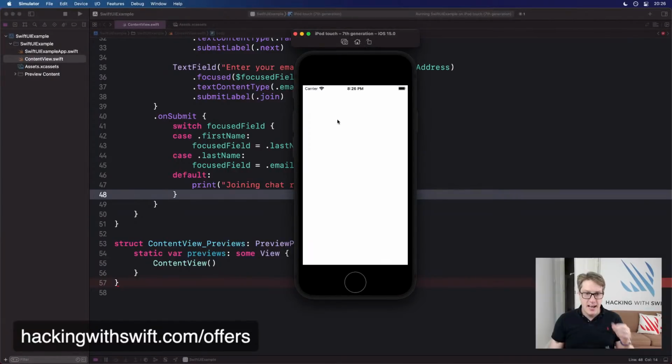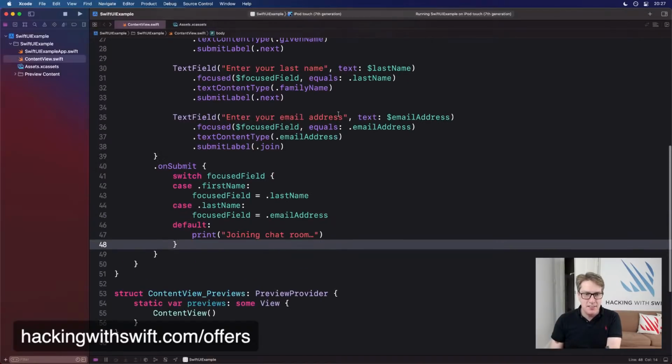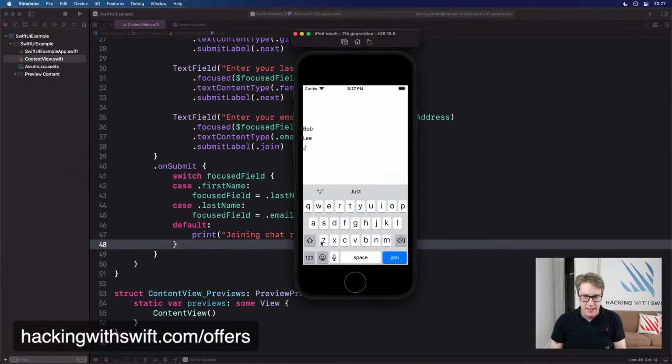Okay, let's find out how this works. So I'll do first name, B-O-B, sorry, short names. Next, Bob Lee, another nice surname there. And then next, and it goes blue for join now. Email address, I can't type here. Where's my email address thing? You're an email address, aren't you? You should be showing me the email address entry thing.